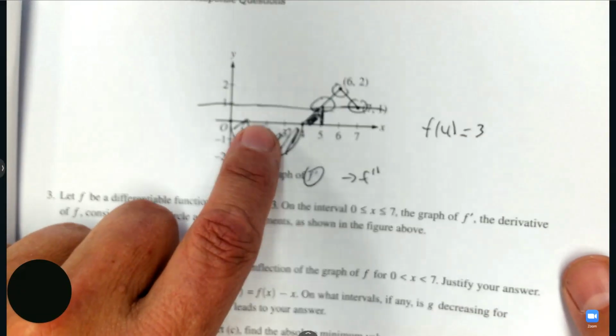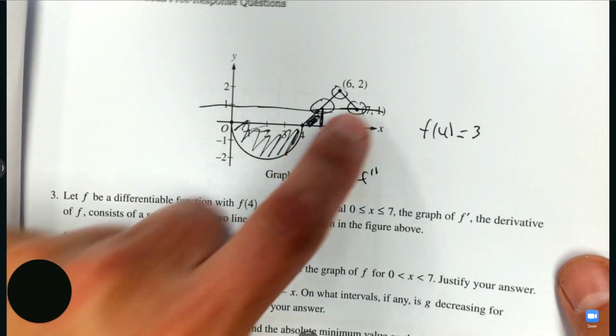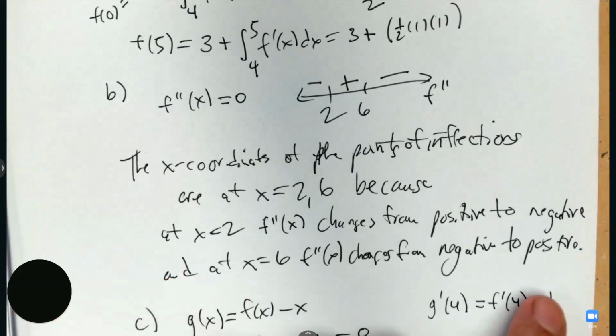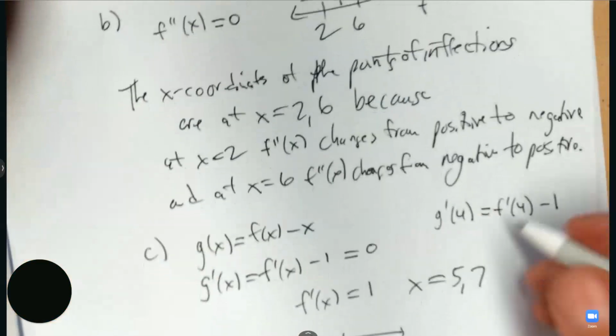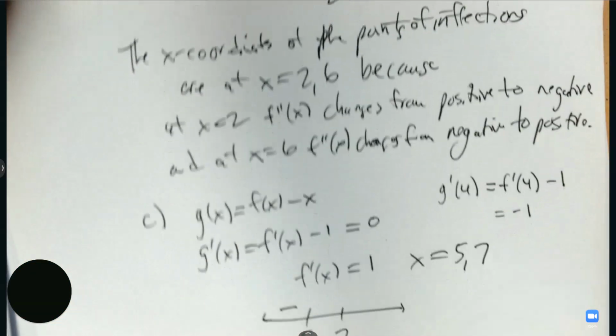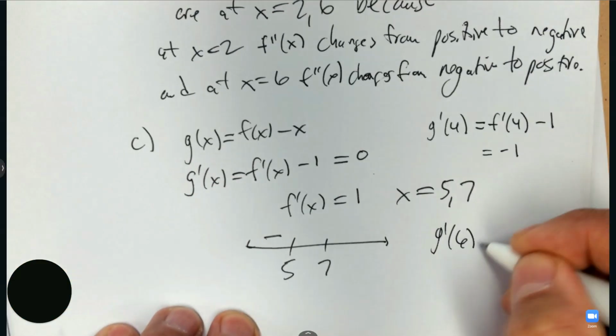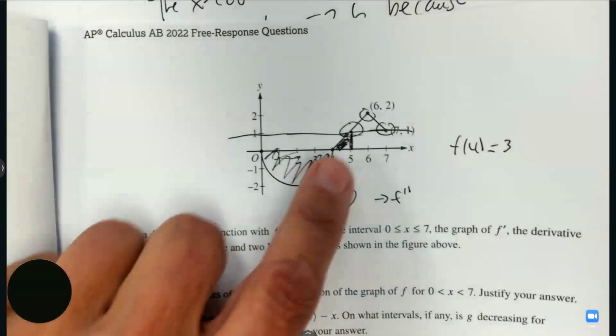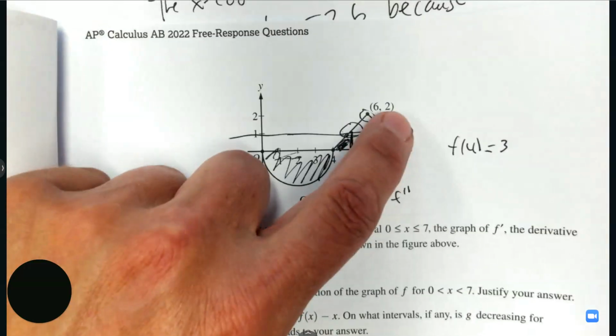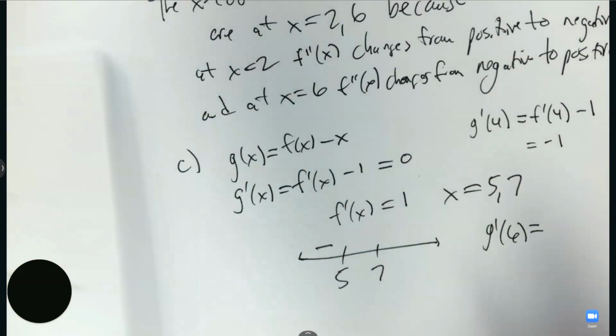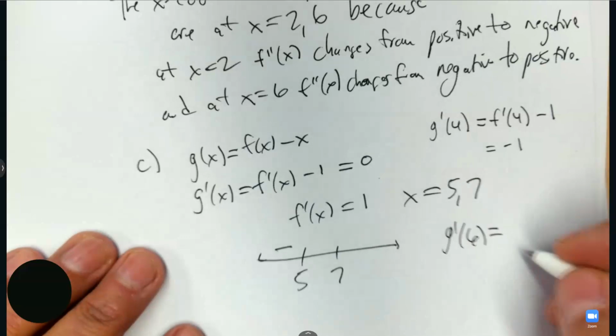The derivative at 4 is, what's the answer? It's just a graph. Find the y-coordinate. It's 0. And then what's 0 subtract 1? That answer is negative. Find a number between 5 and 7, like 6, and the same thing. At 6, what's the value of the derivative? It's 2. So it's 2 take away 1,